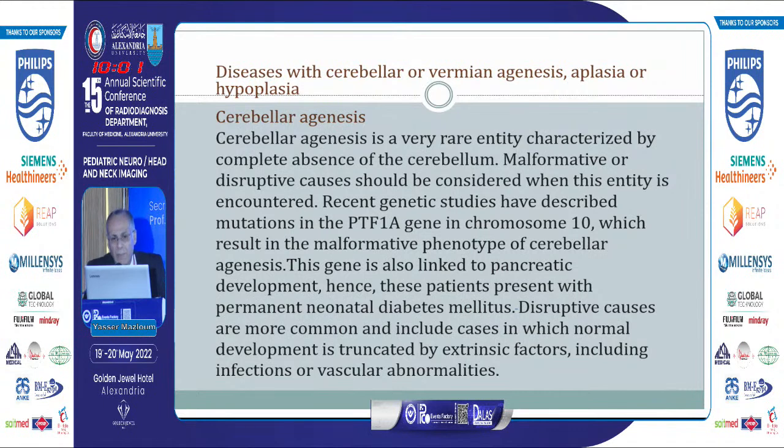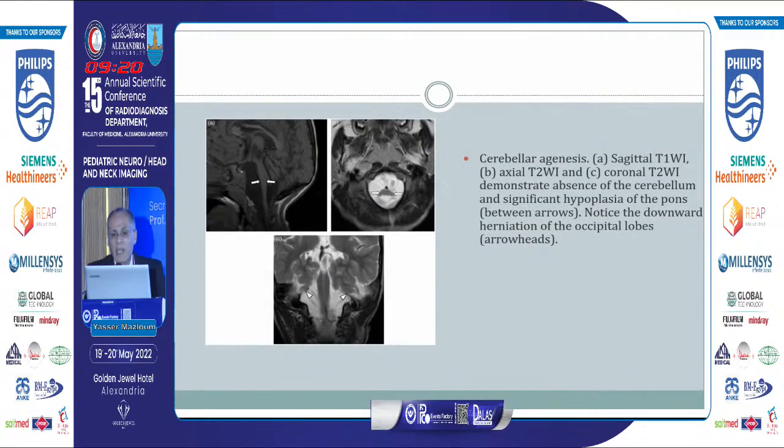Cerebellar agenesis is a very rare entity characterized by complete absence of the cerebellum. Malformative and disruptive causes should be considered when this entity is encountered. Recent genetic studies have described mutation of the PTF1A gene, chromosome 10, which results in the malformation phenotype of cerebellar agenesis. The gene is also linked to pancreatic development, hence the patient presents with permanent neonatal diabetes mellitus. Disruptive causes are more common and include cases with normal development that is truncated by extrinsic factors, including infection and vascular malformation. Here we can see the cerebellar